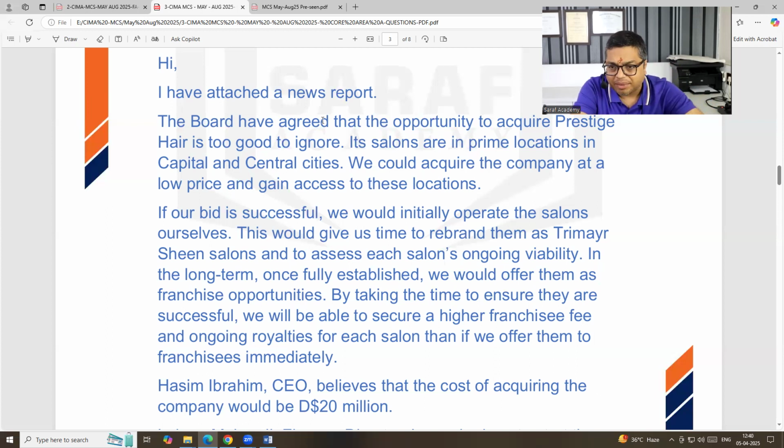Suppose I am using a camera. This camera will not be used for its whole life. 1 year, 2 years, 3 years. Suppose it will be used for 3 years. Can I use it only for 2 years? I can. If I use it only for 2 years, I will be able to sell it at a better price, and the repair and maintenance will be less. But if I use it for the full 3 years, I will be able to sell it at a lower price and the repair and